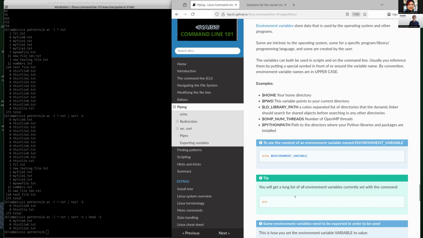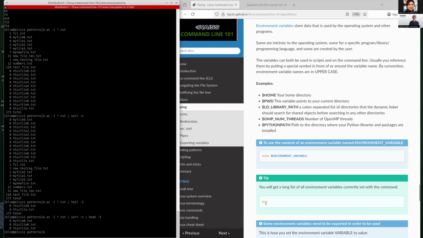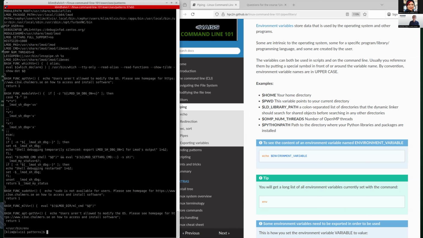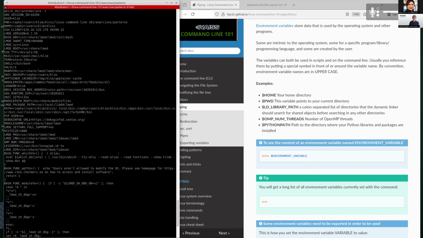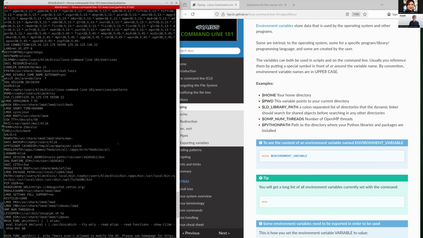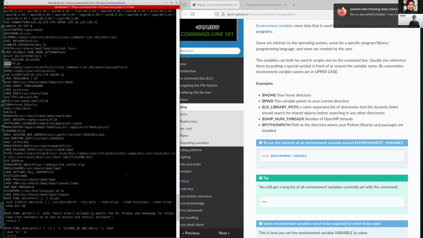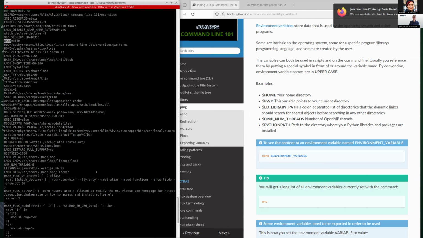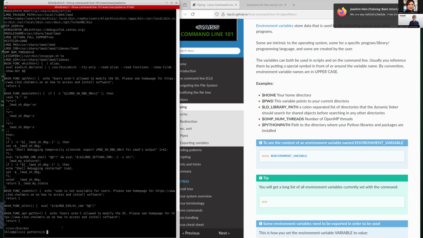How you can see all the environments inside your system, you can just write env, and you can see all the environment that listed there. Yeah, so you can see here home, it is my environment that shows my home directory, pwd, also the user, and how we can see the content of these environments by writing echo